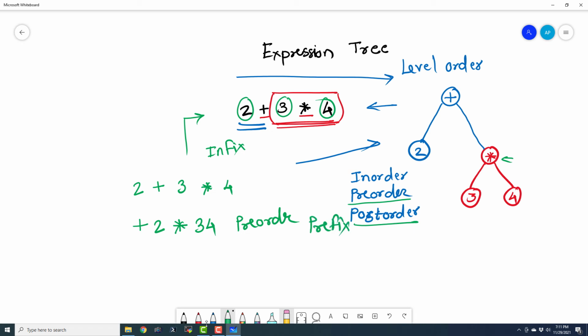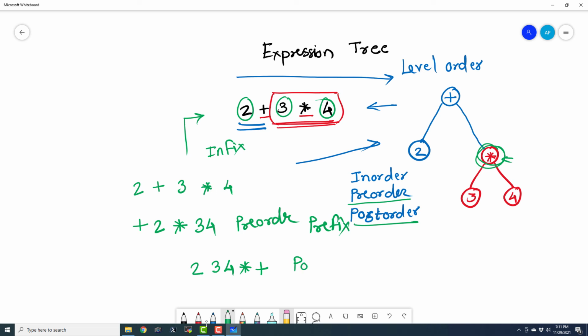Similarly, in the post-order, first of all, we visit the children, and then we write the contents of the node. So first of all, I'm going to write 2, and then since it has children, I will write 3 and 4, and then I will write this and plus.